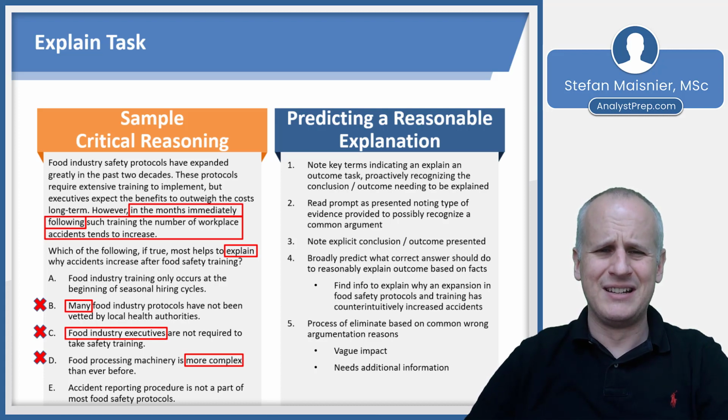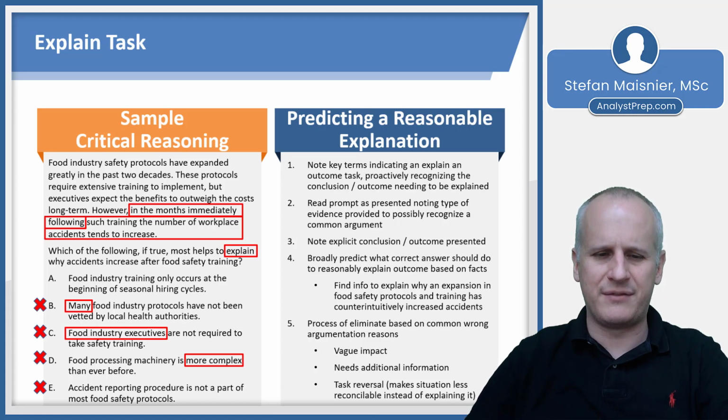And you're like, okay, do they actually cut the meat? I have no idea, and I can't make any assumptions. So I need additional information to parse how C would impact this outcome. And then we've got that same task reversal that makes the situation seem less reasonable instead of explaining it, such